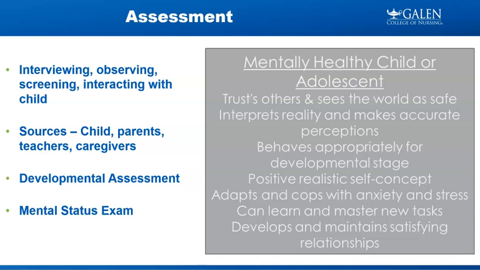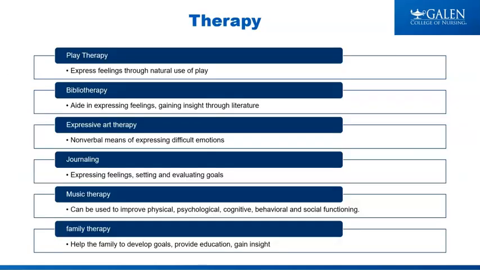We have a bunch of different types of therapy, with some differences between kids and adults. Play therapy allows the child to express anxiety, self-doubt, and fear through natural play. Bibliotherapy uses books. They can gain insight into feelings and behaviors and learn how to cope through a story, and usually stories appeal to kids. Some of these are the same in adults. Family therapy is going to be one of the ones that's a little different, because pediatric patients are part of a family and they can't really be removed from their family. It is extremely helpful. It is a key component to have family counseling as part of the treatment.